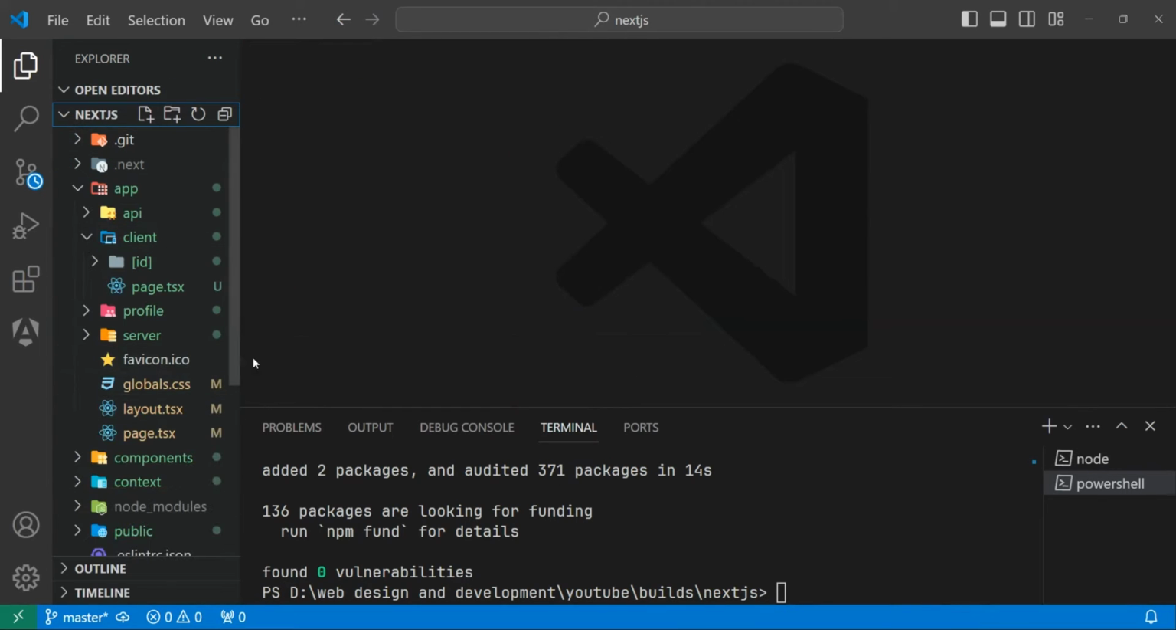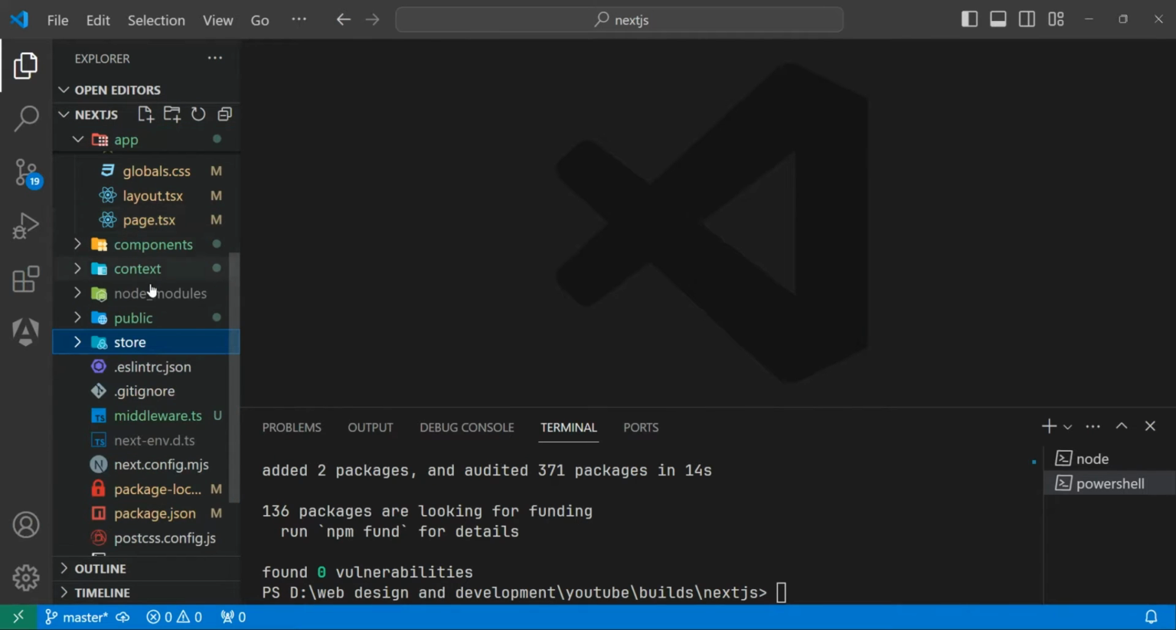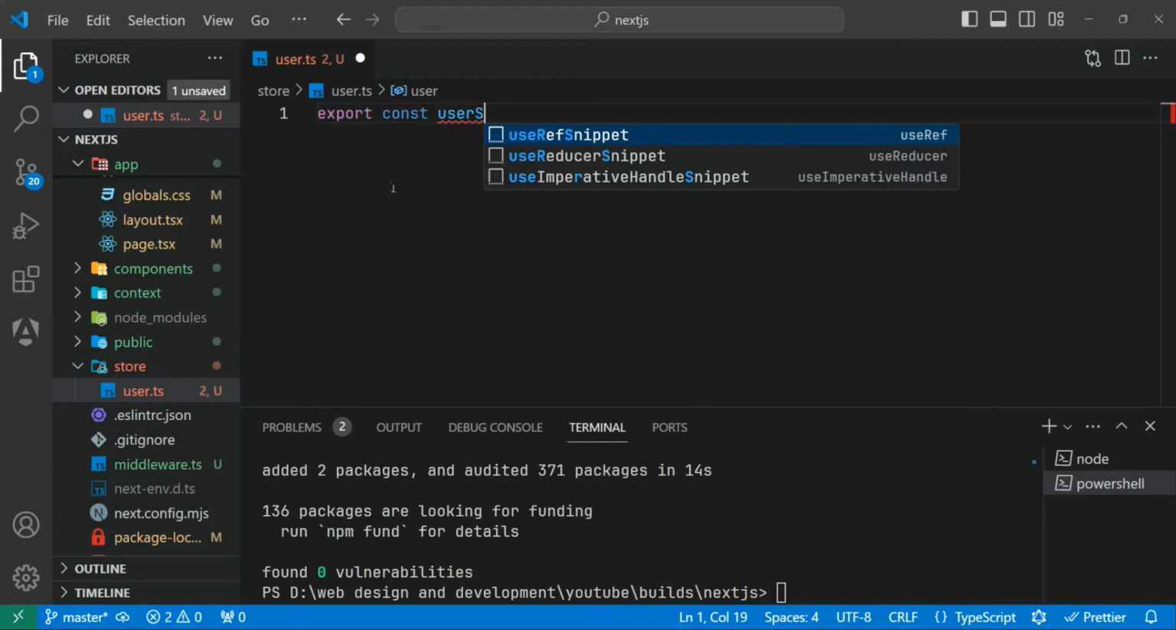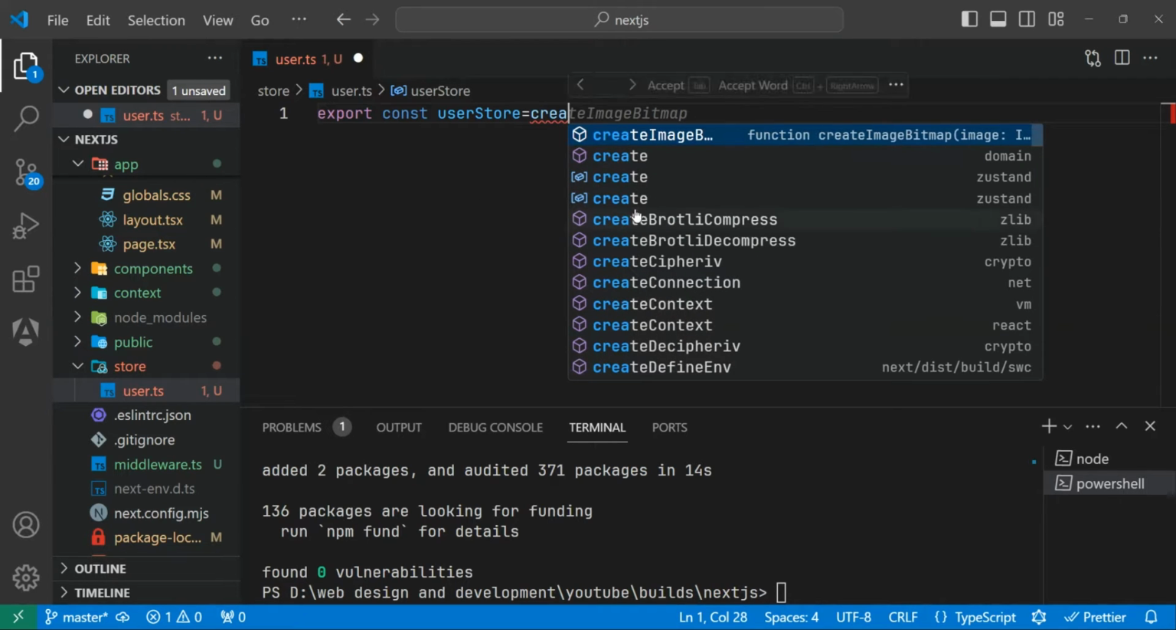and inside this Next.js app, let's create a store. Inside this store we can create user.ts, not tsx. Now we can create our user store. First, export const, let's create our user store equals create, which is from Zustand,